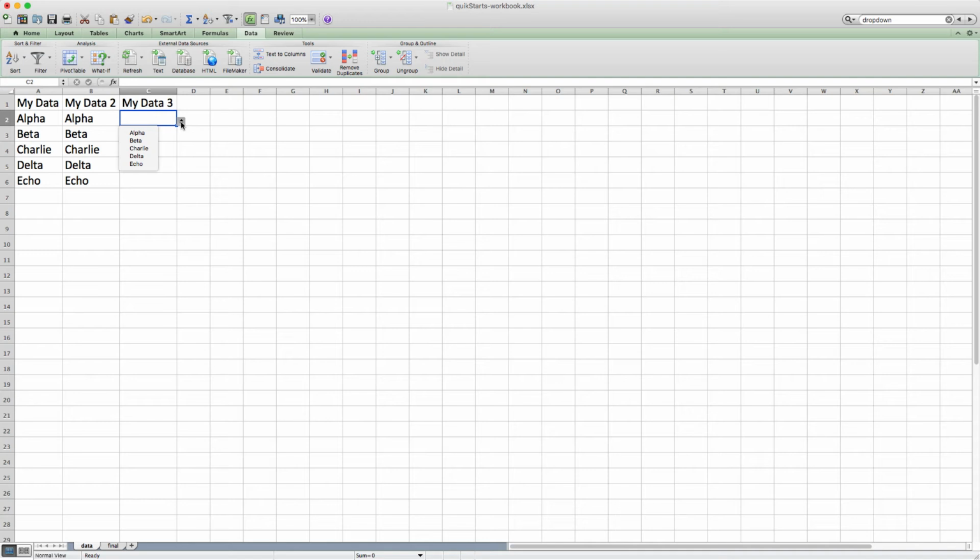your drop down has now been successfully compiled and completed for one cell, but we want that same drop down to exist in all of these cells. So we'll simply highlight that cell and grab the right lower corner of that cell, drag it down as far as you would like for it to go, release it, and now you will notice your drop down is available